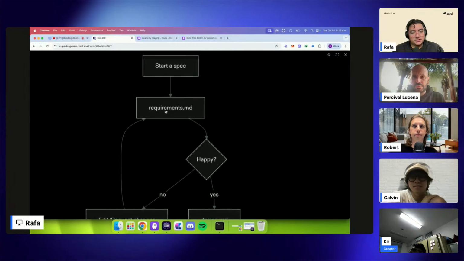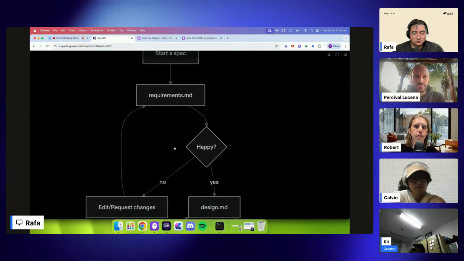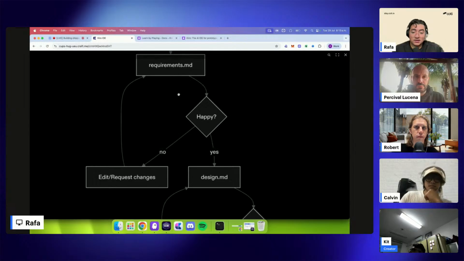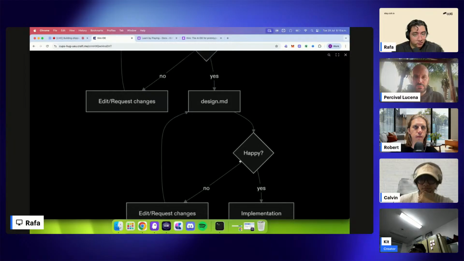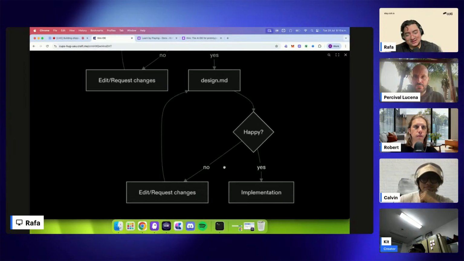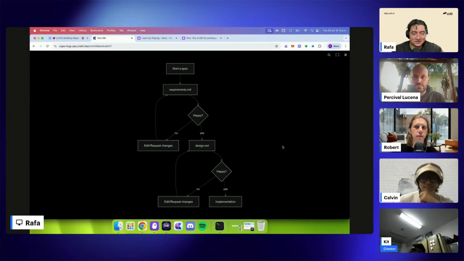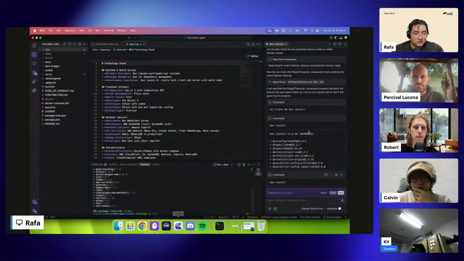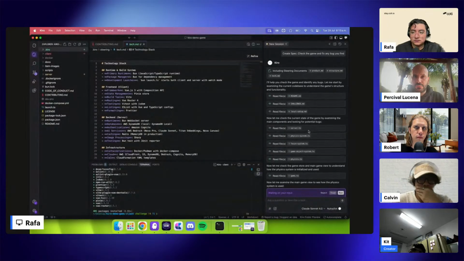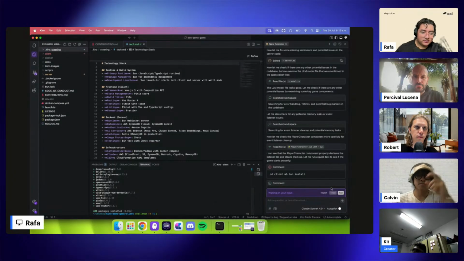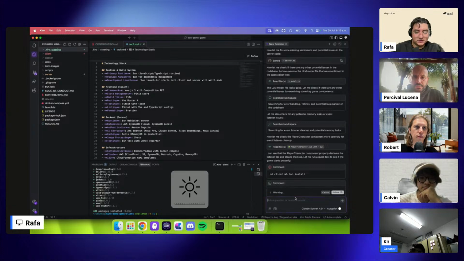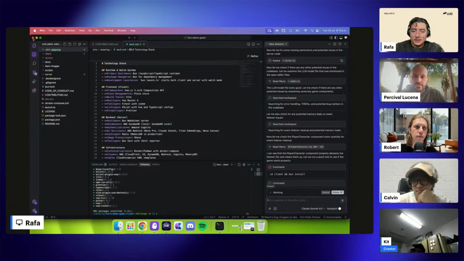Then it will provide you the requirements file. If you agree with that, it will create the design file. And if you agree with that design file, you will split it in tasks. All right, split it in tasks. If we go here, I actually want to delete this project and let's start from scratch with another one. So let me cancel everything here,